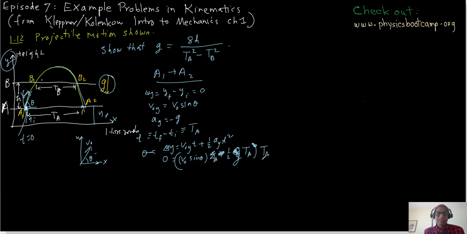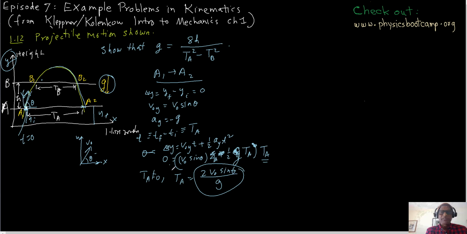So you can see that ta is not 0 because it's coming back later. Ta is not 0. So ta, you can do it over here, is going to be 2 v0 sine theta over g. So wherever I see this expression, I can call it ta. Okay, now